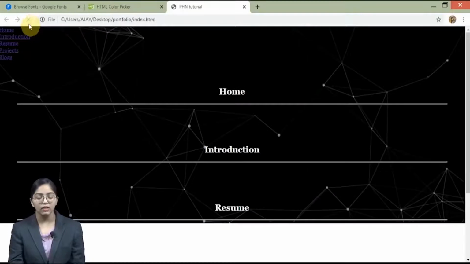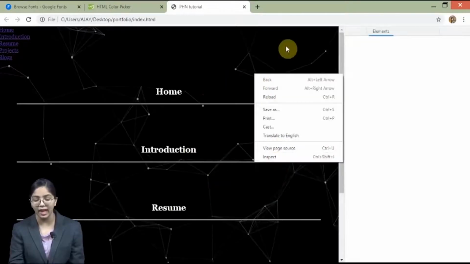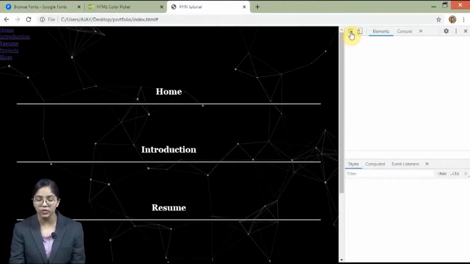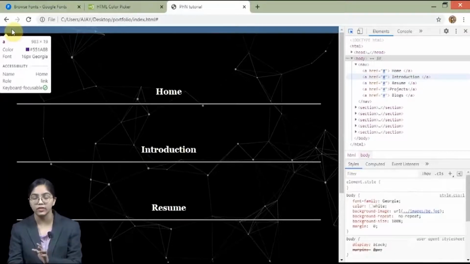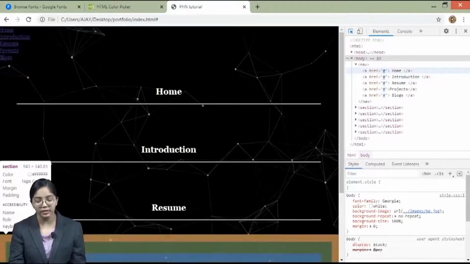So it has made it, right. It has created blocks. So let's just see how display block looks, okay? So we are going to inspect this particular option. So I've clicked on inspect and here we are inspecting. Here's a cursor in the corner. We can just go over here and we can see that it has created a block for this. Now if we had chosen inline, what would it do? It would just take as much space as it wants, right? So we have created blocks.